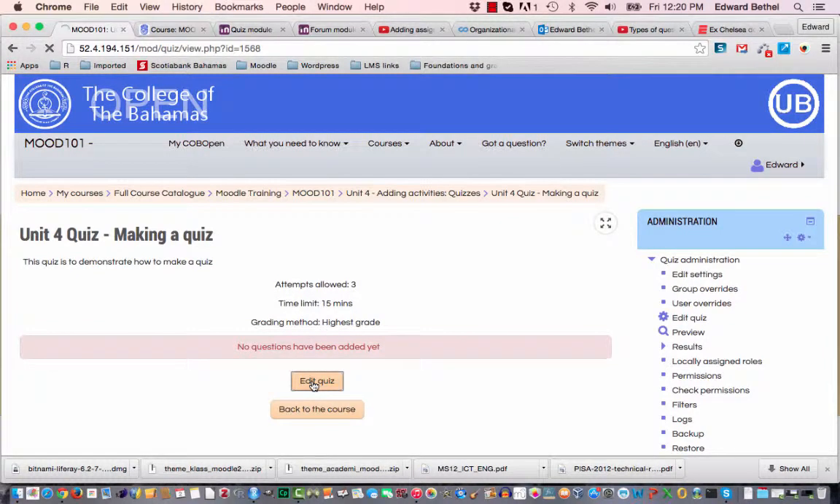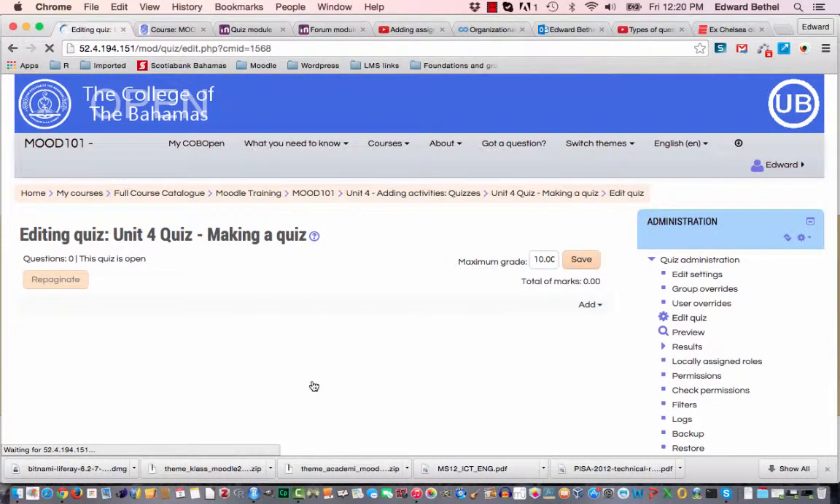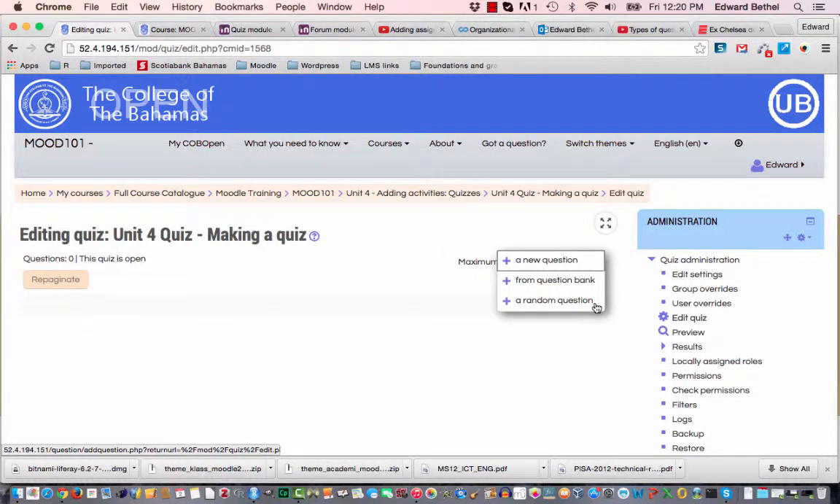And that's this yellow button here. And this will allow you to enter questions into the page. Now this looks like a blank page, and you would be asking yourself, well, how do I answer questions? So if you look here to the right, that's the add button, and that will allow you to add a